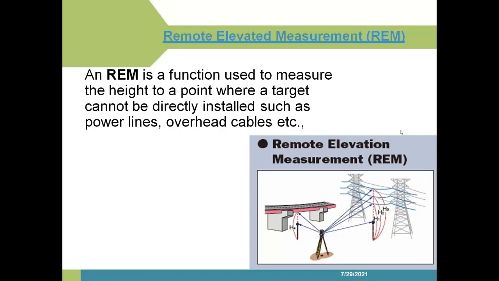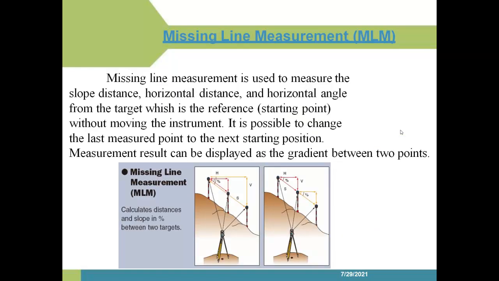For example, the power lines at the top of a tower. For that, we need to identify the height of the building. In that case, the remote elevation measurement is mainly used. We just take 3 or 4 readings, and within a fraction of a second it will give the relative heights based on the obstacle reflection mode.